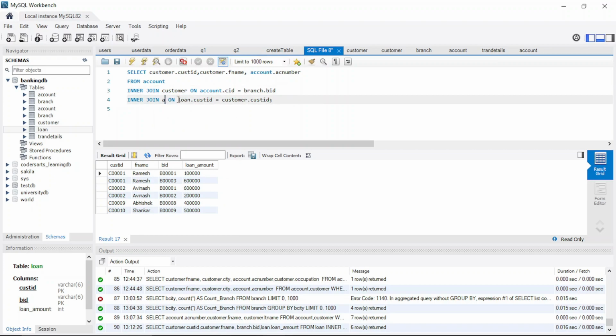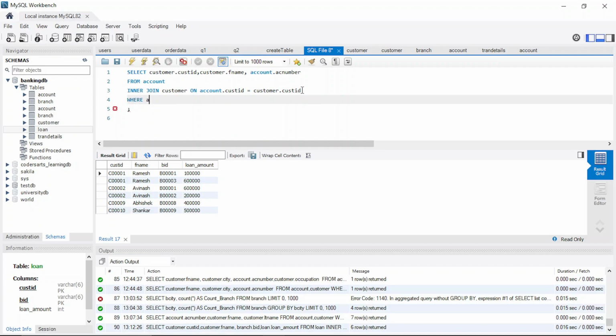Let's make this one, and account this one. Or else we could use the where method as well if you want. So you can use the where method and you can specify two where clauses. Let's go for the inner join, and then we can specify where here,